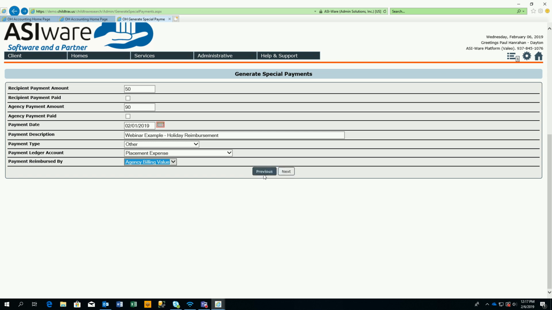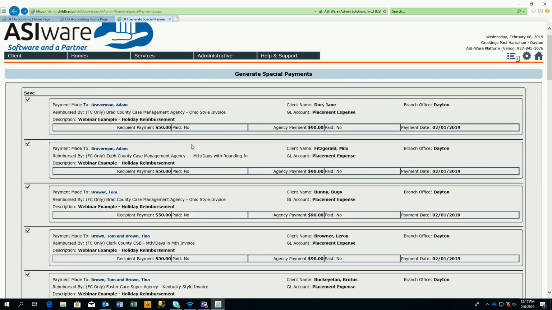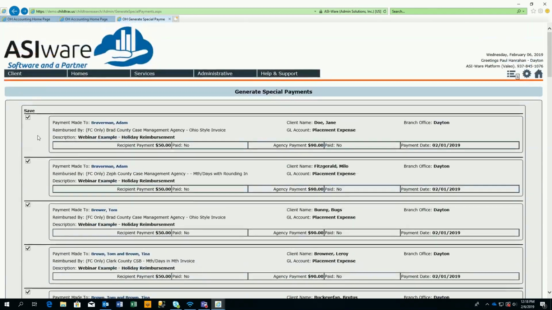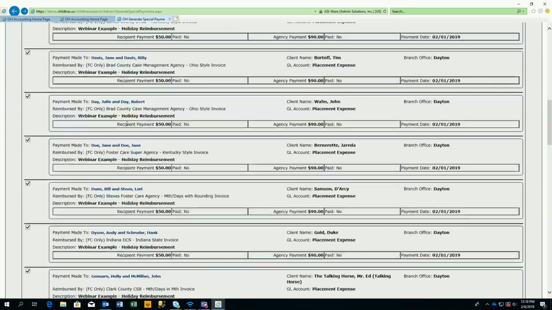Okay, now if we go ahead, the previous button will take you back to the filter screen. The next button is going to show you all the possible payments. So the system went out and found every client that was in care that matched your filter criteria, and it's creating payments, and it's also creating the invoice records. So for this first client, Jane Doe, you're making a payment to Adam Braverman Foster Home. They're getting $50, but you're also invoicing $90 to this payer. Okay, and so if you notice that the save checkbox is all checked,